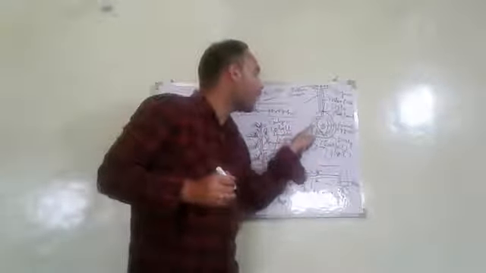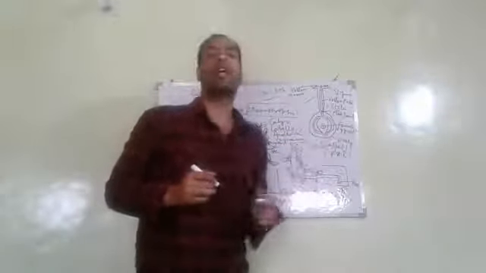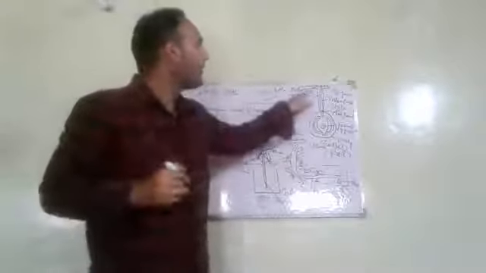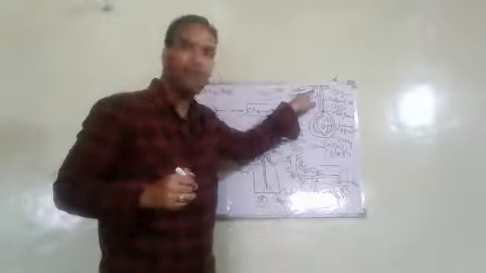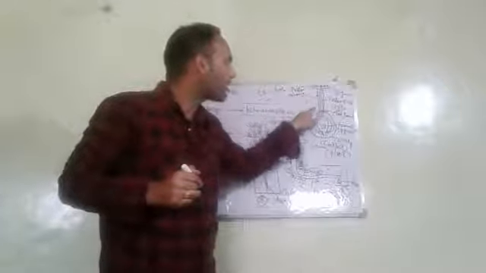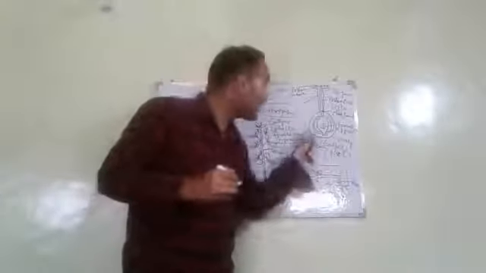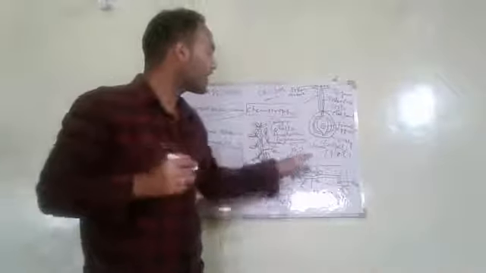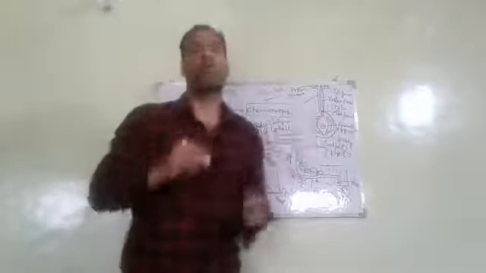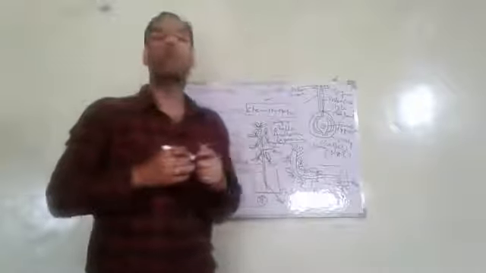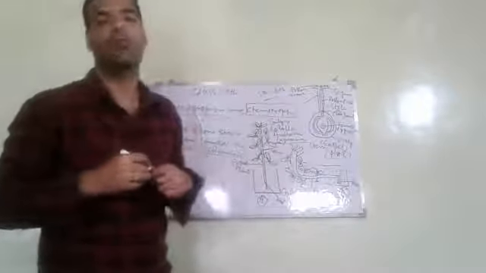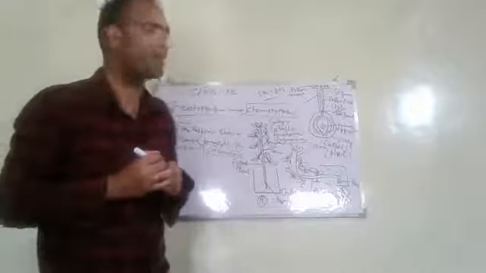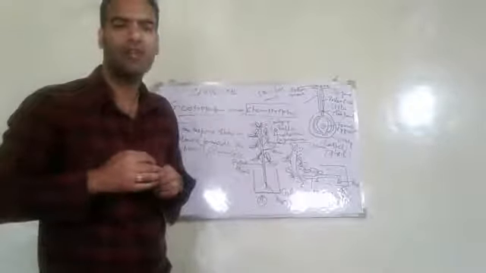And the basal swollen part of this carpel is known as ovary. The stigma is present at the top of this carpel, then a tube-like structure known as style, and the basal swollen part known as ovary. And inside this ovary is present an ovule which contains female egg cell or female egg nucleus at the center of this ovule.